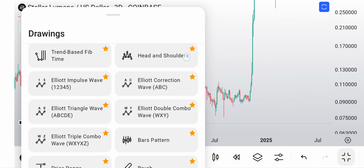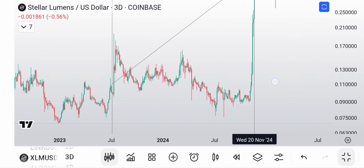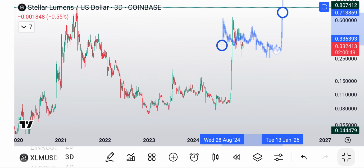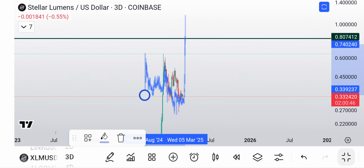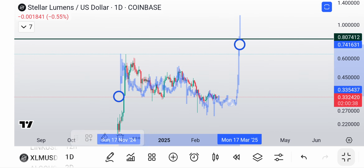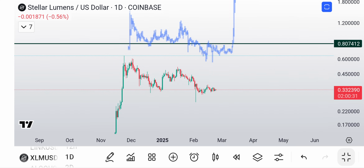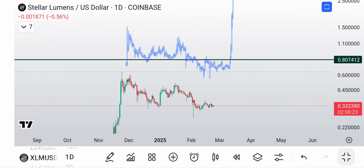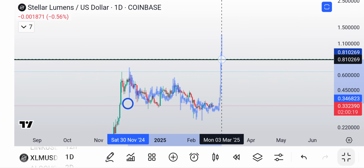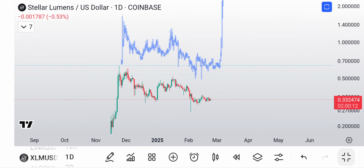So if you actually look at this, if you take a bars pattern, right, and kind of just do this, and then bring this up here, and then you can resize it, you could see we're in that same style. I won't say the same, but same style correction, right? Maybe not exactly the same structure, but it really is. You could see, I mean, look at it, it fits pretty nicely here. It's not perfect, but you could see obviously the move down, the three-wave move up,